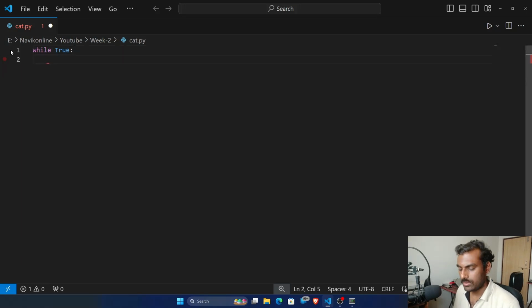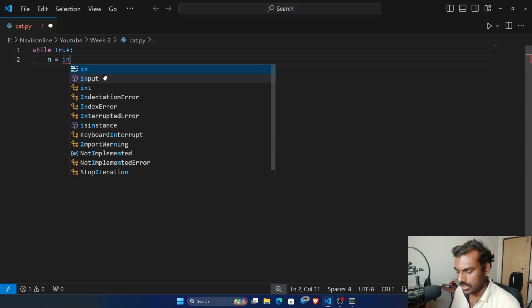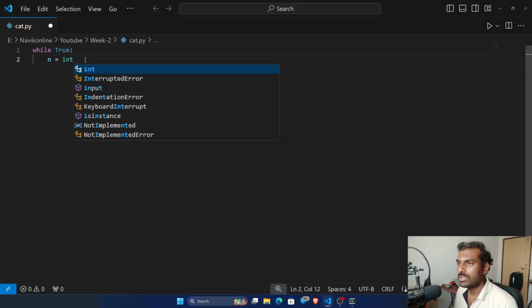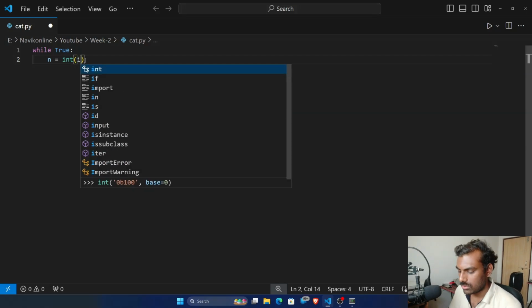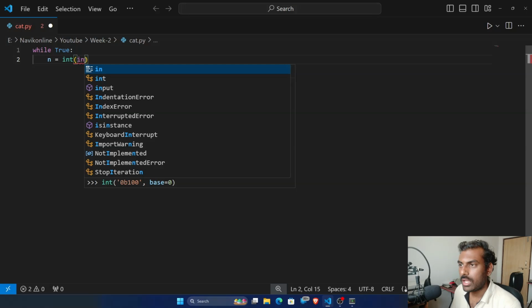So here I want to take a positive integer from the user. If he gives a negative integer as the input, then we are going to ignore that case in the program. So I am writing it this way: